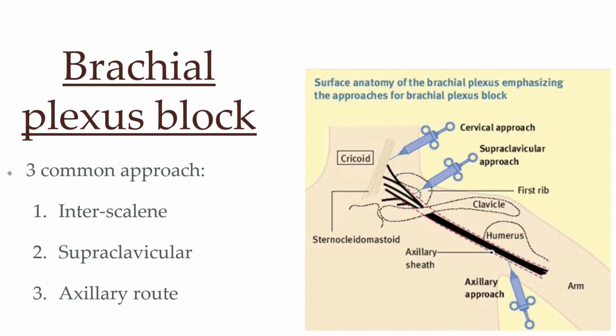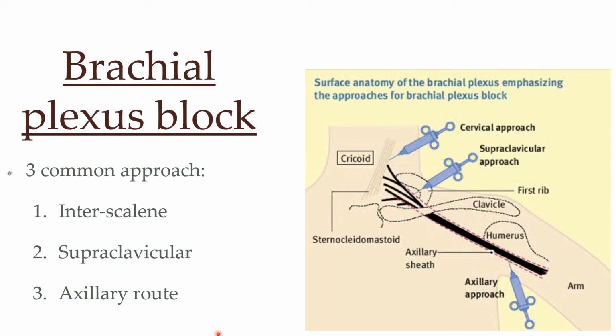Brachial plexus block. This technique involves injection of an anesthetic drug in the axillary sheath in order to desensitize the nerves which form the brachial plexus. It can be done by three approaches: interscalene approach, supraclavicular and axillary route. As you can see in the illustration here, this represents the interscalene approach, this being the supraclavicular